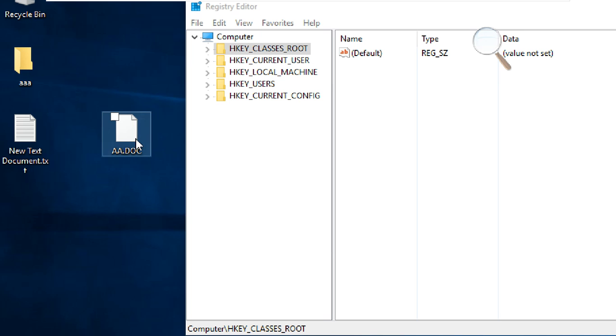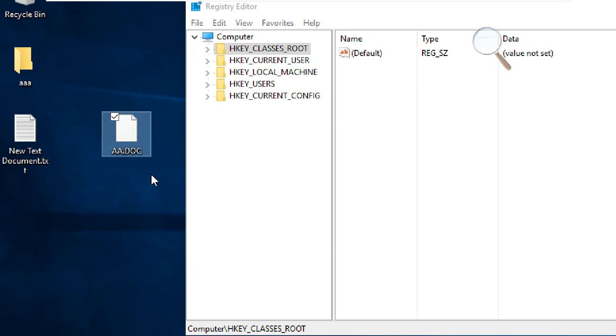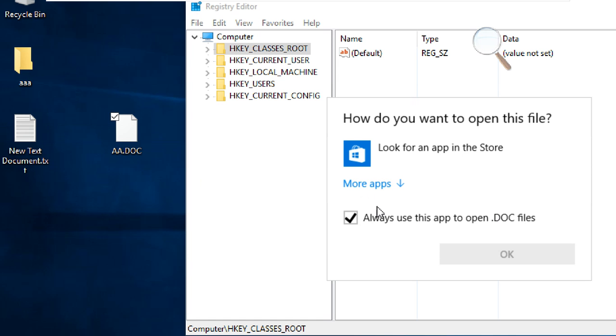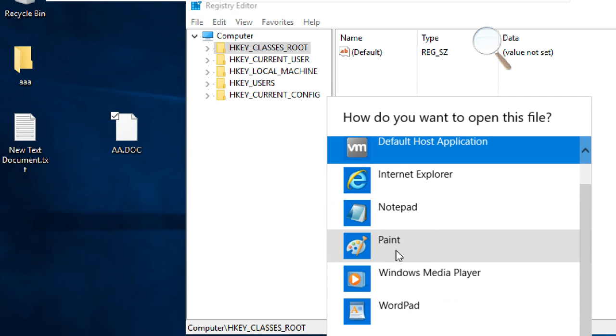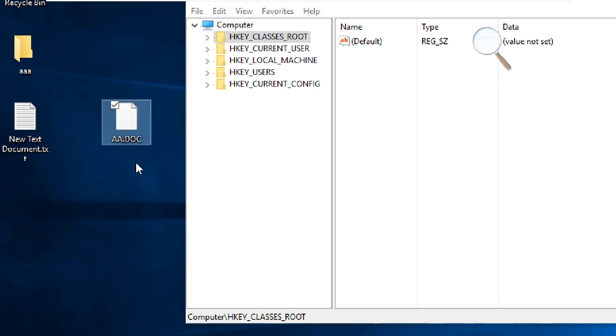You have to choose your application, like open with, okay, open with notepad. So unselect this one, open with this application, wordpad or notepad, whichever one you want to open it with.